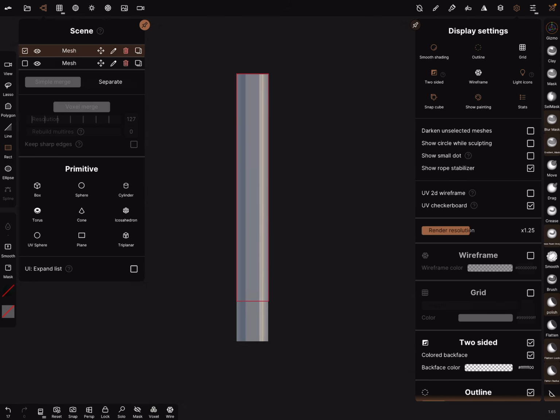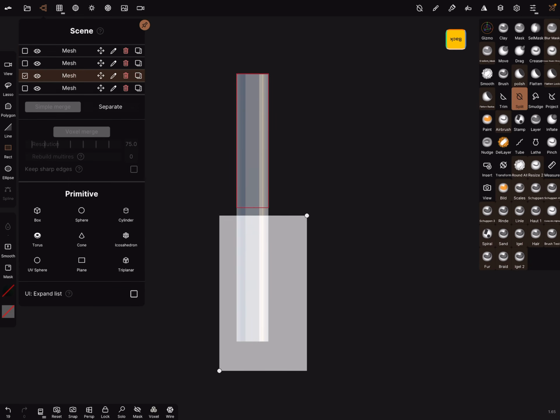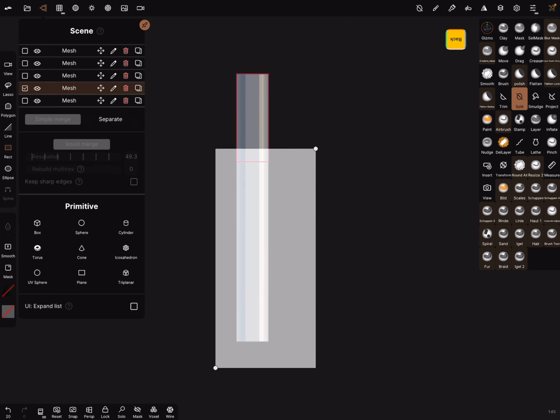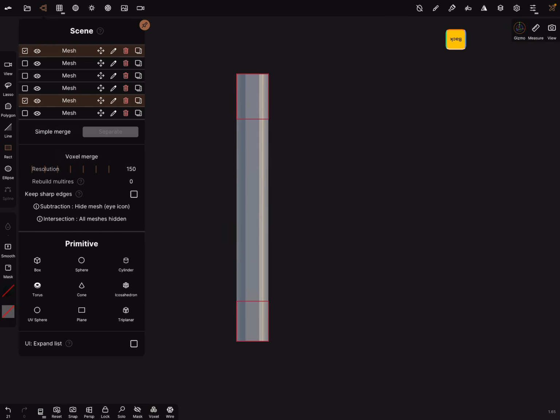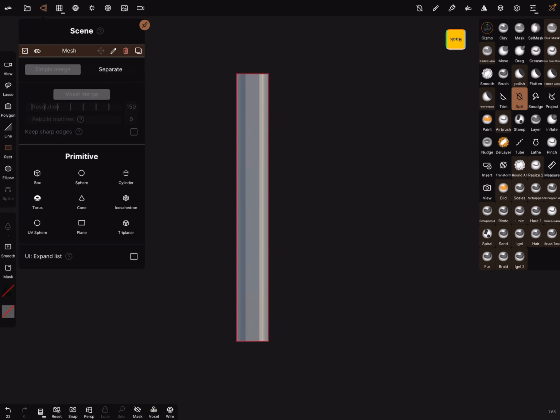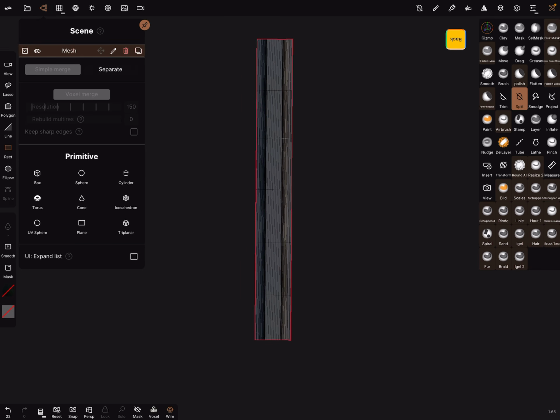I turn on the outline in different parts, like this. And when we are fine, select all the parts and simple merge the parts. When I turn on the wireframe now, we see the different parts.